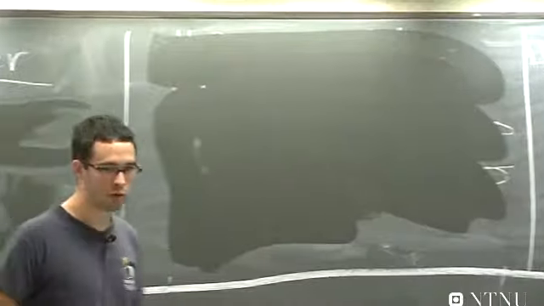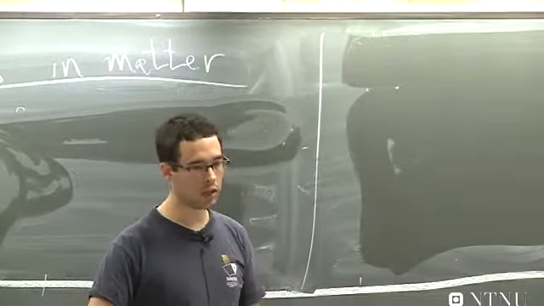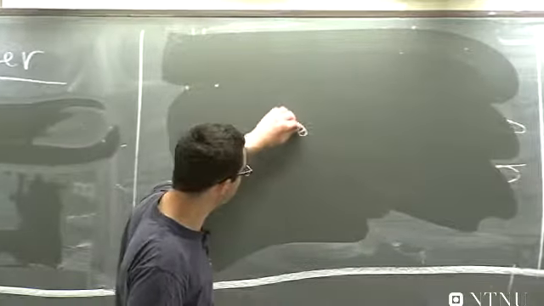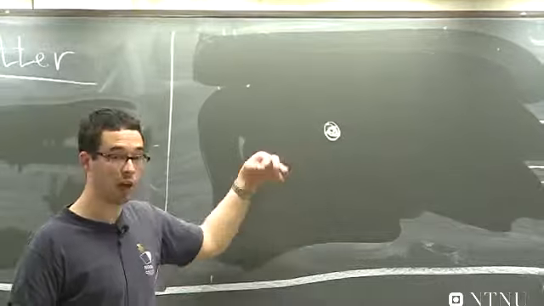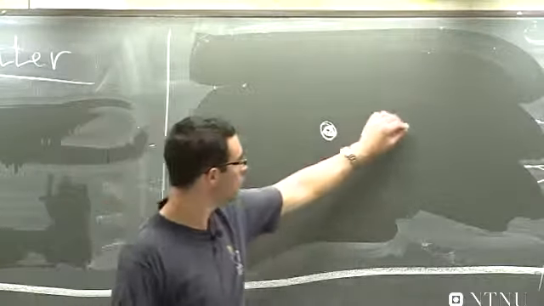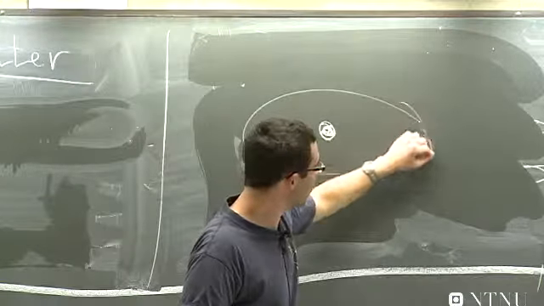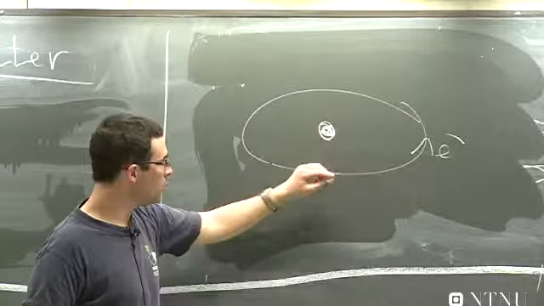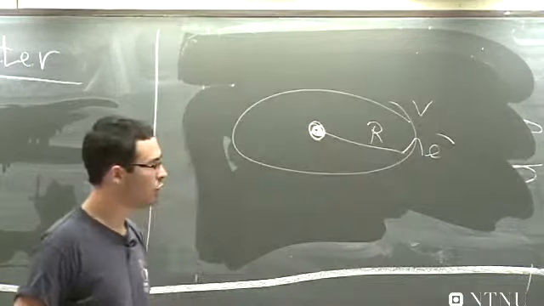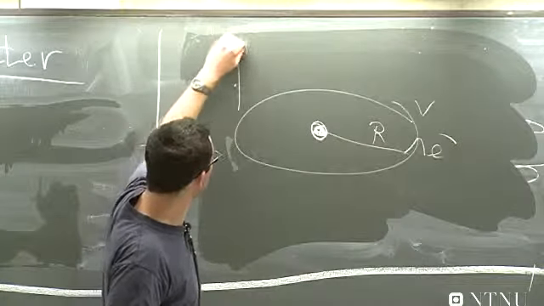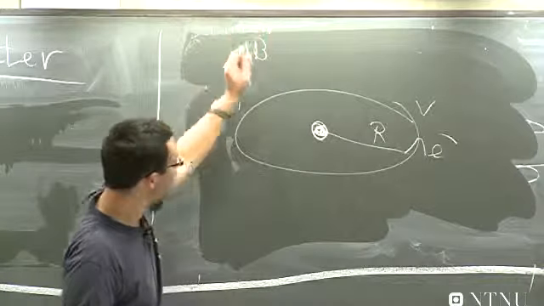It's not entirely correct, of course, because the effect is quantum mechanical, but it gives basically the idea. You have a heavy nucleus in the center of the atom, and you have some electrons orbiting around at a radius and at a velocity. And if you apply a magnetic field now,